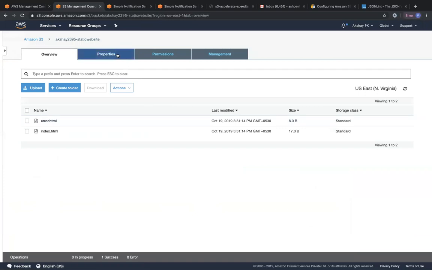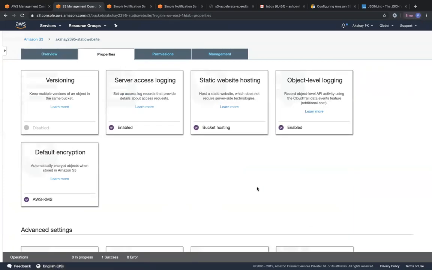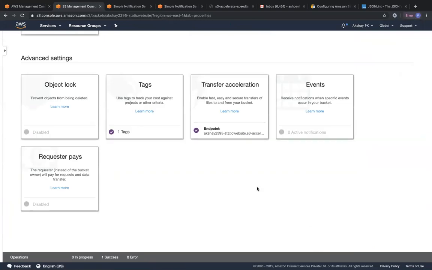Okay. And suppose I would like other people to pay for the data access and the request access that they do. We saw that the final property of an S3 bucket is called requester pays. So the requester, instead of the bucket owner, goes ahead and pays for the request and the data transfer. So it can be two AWS accounts, or it can be generally a user of your organization. It could be anyone, an AWS account or a user in your organization, who is accessing your S3 bucket's data. So he will be paying for that data transfer cost and the request cost.